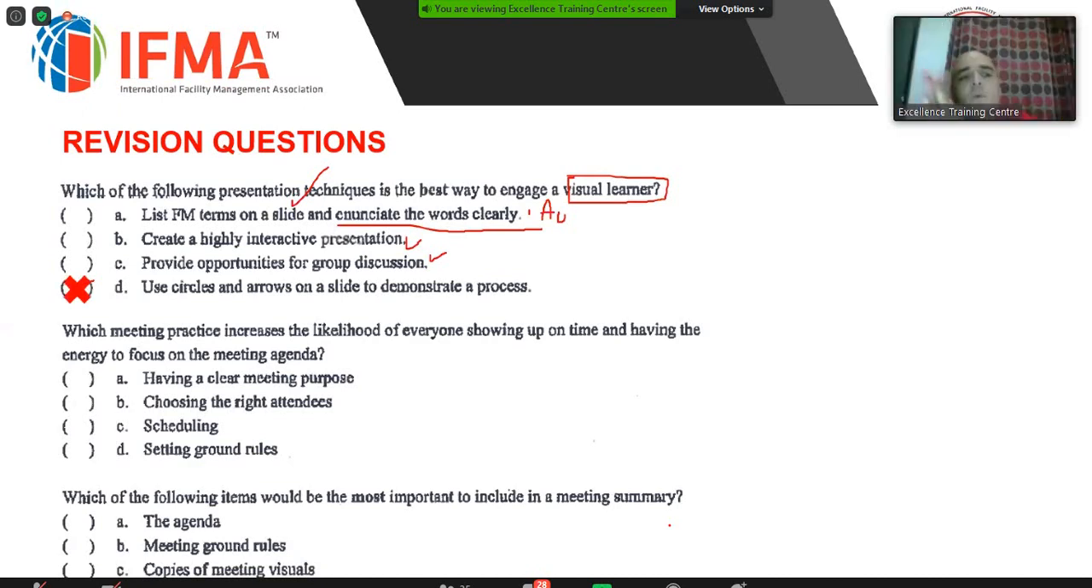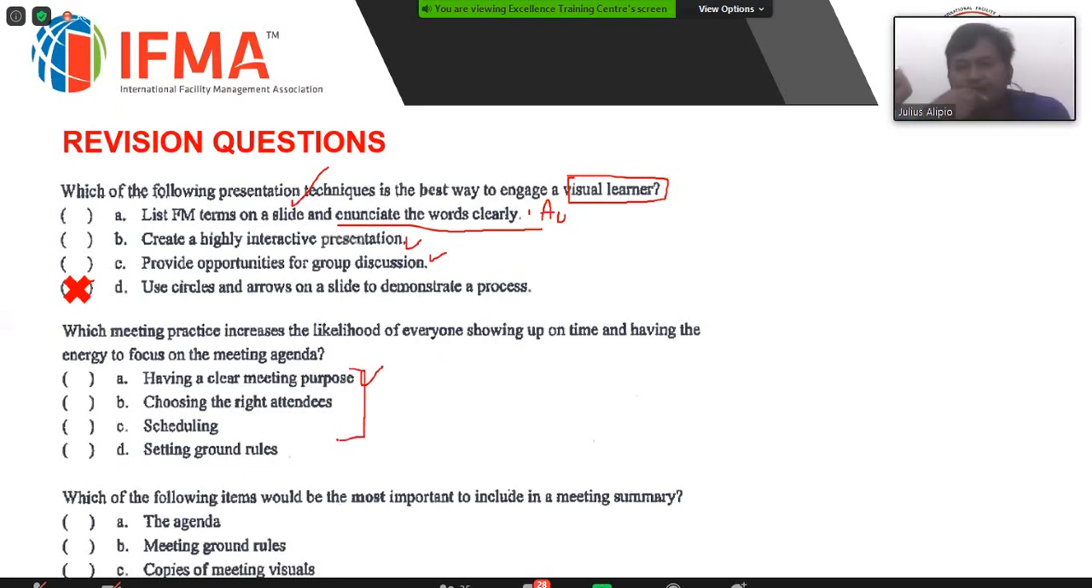Which meeting practice increases the likelihood of everyone showing up on time and having energy to focus on the meeting agenda? Option B, choosing the right attendees. See, listen. You have to look for the keywords when answering the questions. And this is again for you, Elvin. Now we're talking about A, having a clear meeting purpose. So if you look at